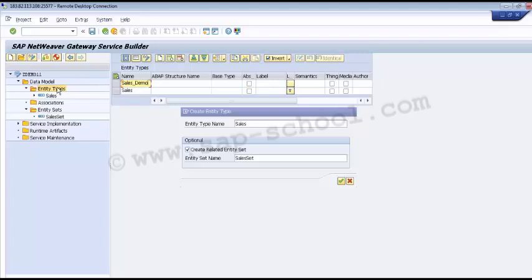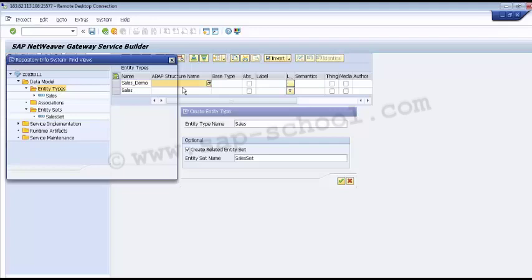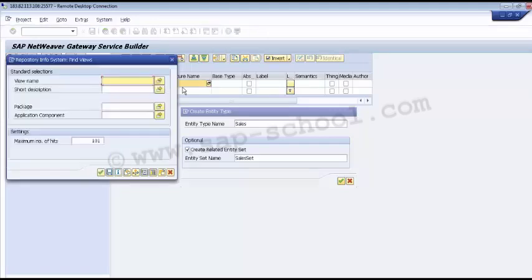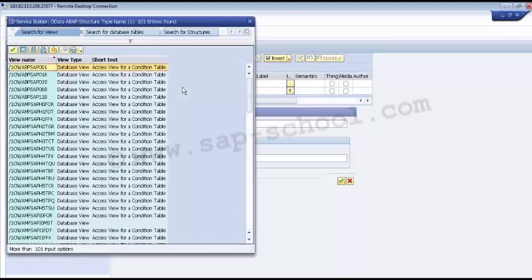Now after that we have the ABAP structure name. In my ABAP structure type name column, we can enter the appropriate ABAP structure directly, or we can use the input help to search for an existing structure in the repository. If I click here and go to this window, it will ask me to enter the name of the view, or we can enter the name here. It is showing me all the ABAP structures which are available, so I can select any of the ABAP structures from this menu.